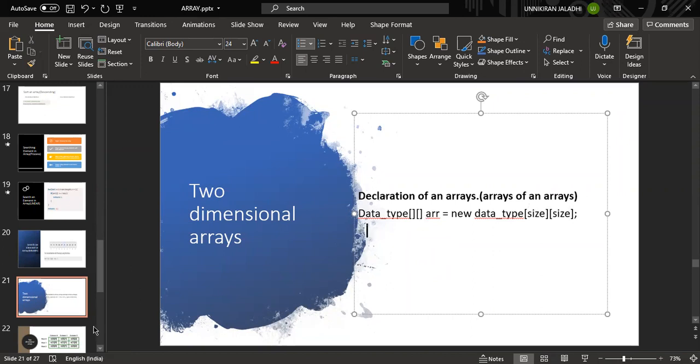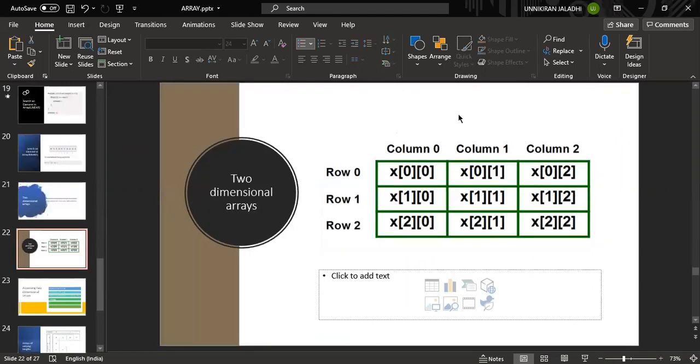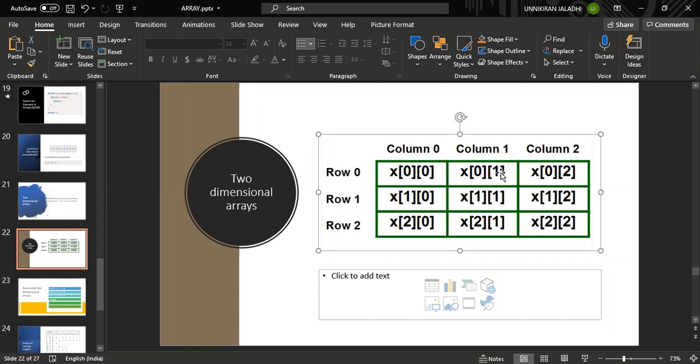Okay, let me show you this. See how we are going to access the particular two-dimensional array. This is a column, this is a column, and this is a row. So inside X, X is an array having a two-dimensional array. We are going to consider a 0 over here, and this 0 should be over here. And inside this, the row is 0 and the column is 1.